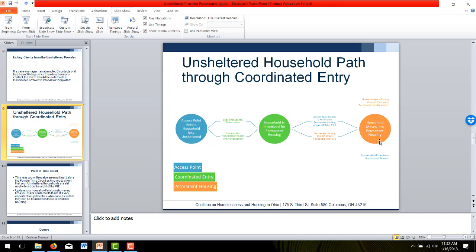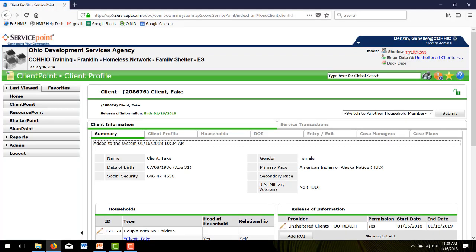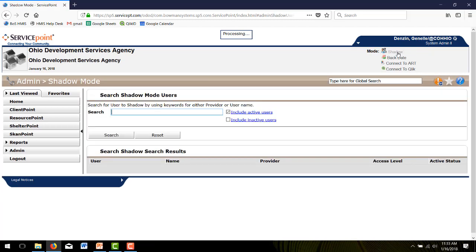But as the permanent housing provider, you're receiving this referral from the unsheltered provider that an access point has entered, and the coordinated entry process prioritized their household for your project. So as the permanent housing project, we are going to log in as if we're wearing that hat. The permanent housing project enters the household into HMIS. So we're going to shadow